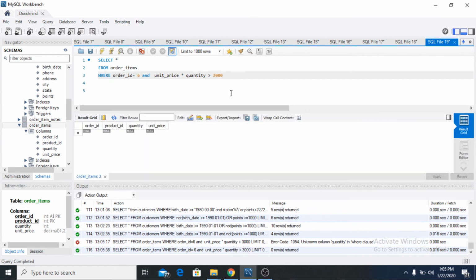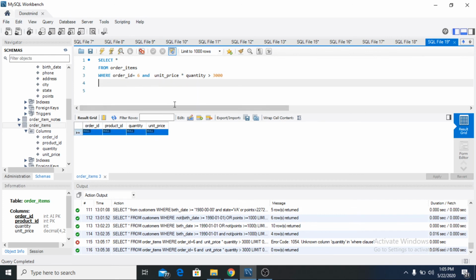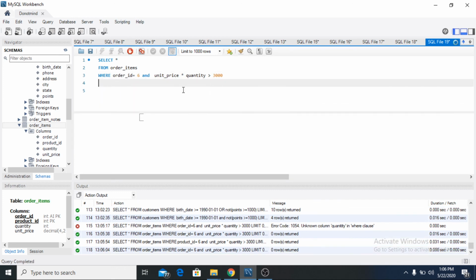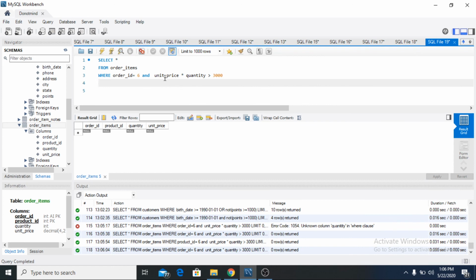Control Shift Enter. Now we get null, because we cannot find any number 6 there. So I think let's change product id. Product id, then now also we can see order id. So what is the funky thing happening? Order id, Control Shift Enter, so nothing is occurring. And unit price is greater than, let's print